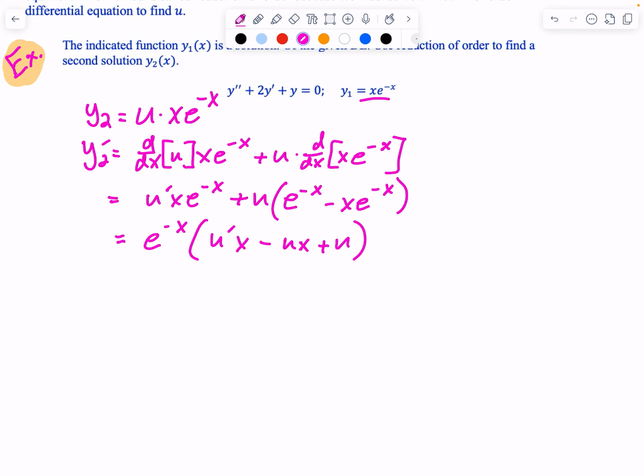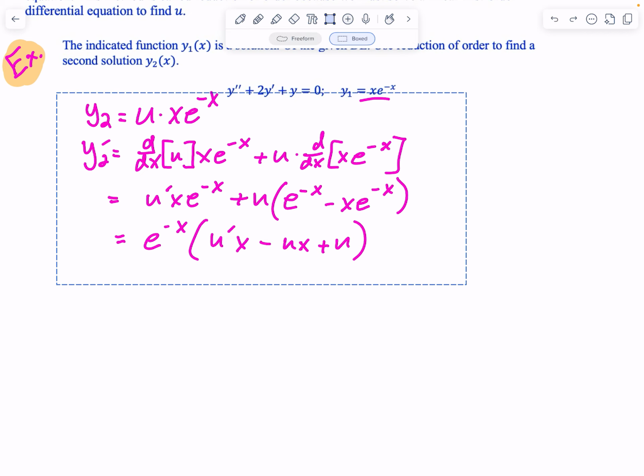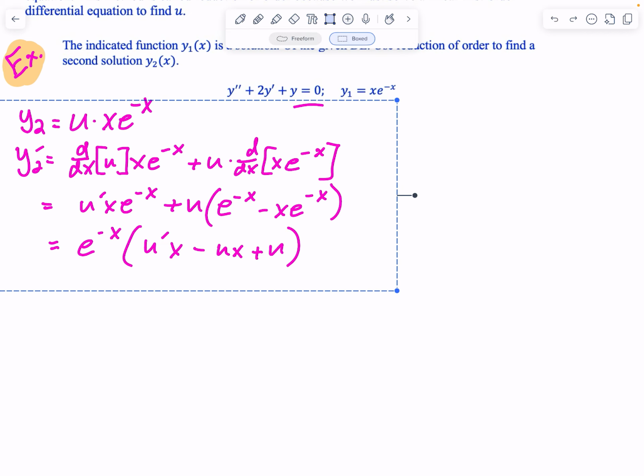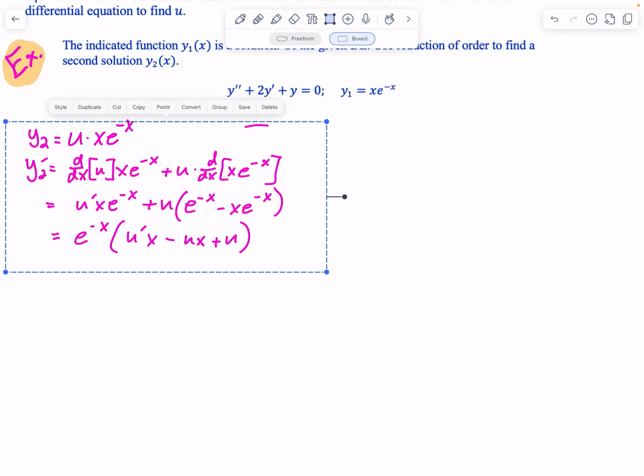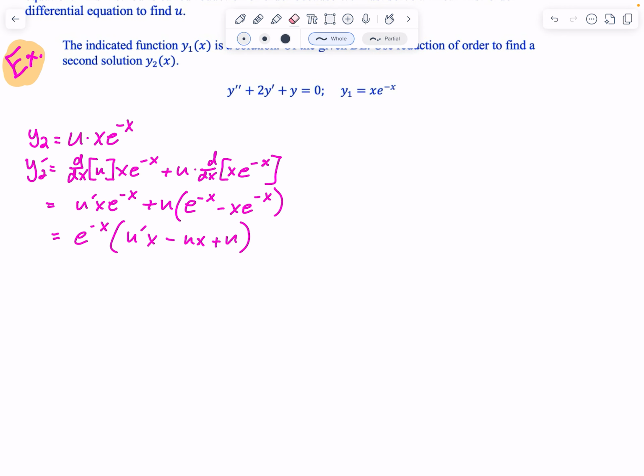Let's go ahead and get our double prime. This is where a lot of the work is. We'll probably fill this first little space up with that, unless you're writing much smaller than I am. All right, so there's my y and y prime. Let's get the second one now. So this is a product rule. It's going to be d dx of e to the negative x times u prime x minus ux plus u